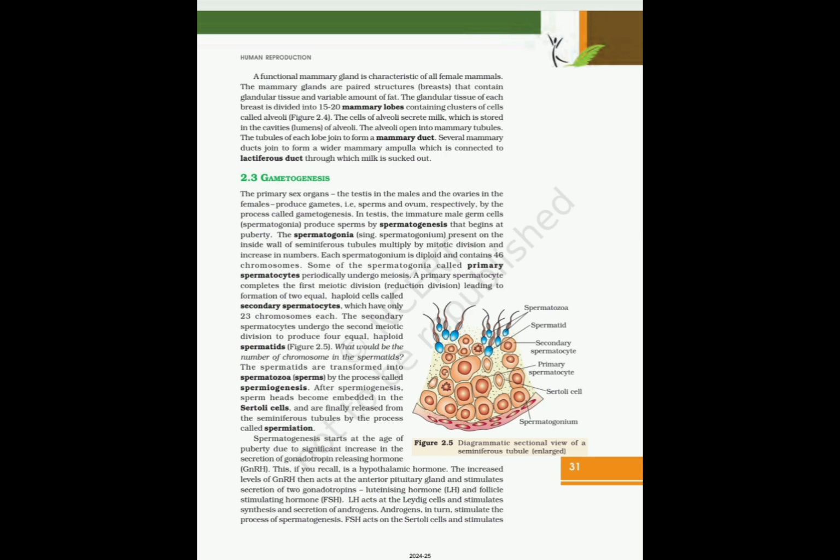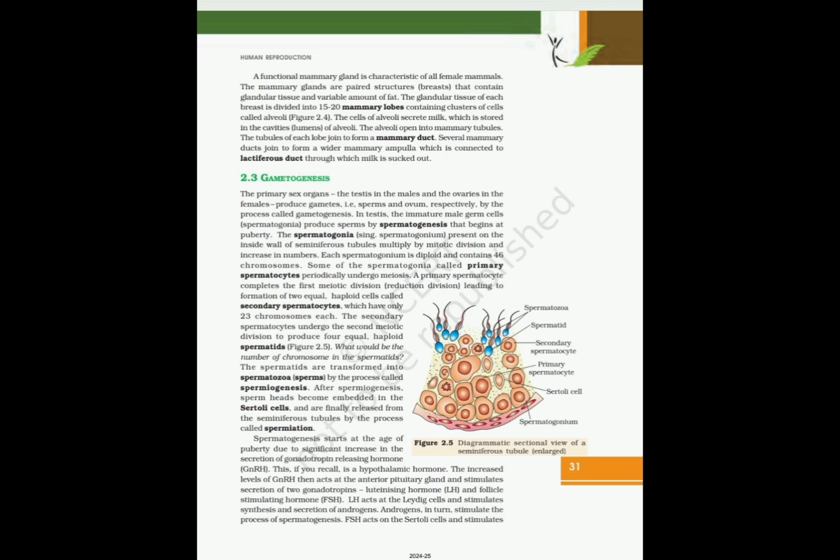The alveoli open into mammary tubules. The tubules of each lobe join to form a mammary duct. Several mammary ducts join to form a wider mammary ampulla, which is connected to lactiferous duct through which milk is sucked out. Gametogenesis. The primary sex organs, the testes in the males and the ovaries in the female, produce gametes,